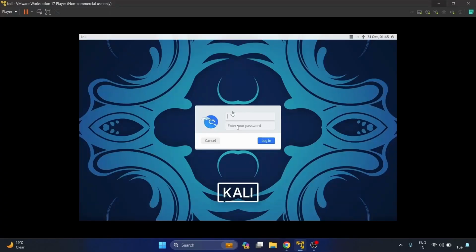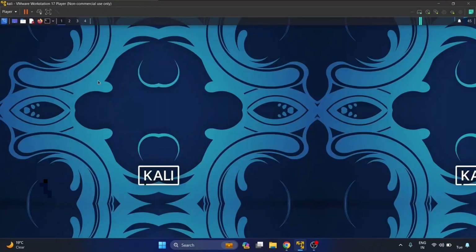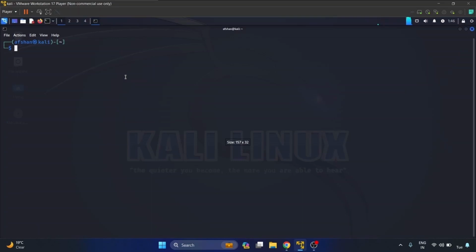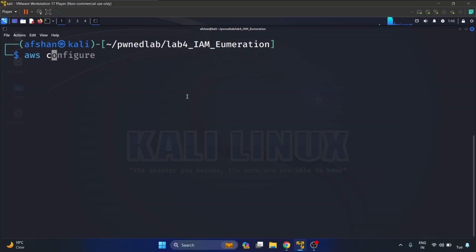Let me open my Kali, and here I have my password. Let me open the terminal. cd pwnedlabs iam-enumeration. I've already created the directory for this lab. Now we have to configure the credentials of this dev01 user, right? With the help of this aws configure command,